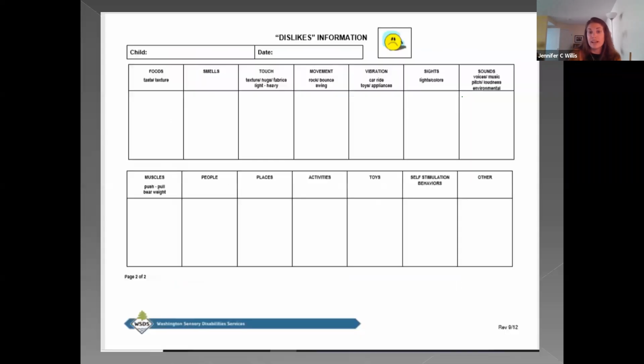And there's an equal and exact form for the dislikes, to know what are the things that the child might want to express about that they want to get rid of or that they don't want to do. Because it's equally as important for our children to be able to express something that's really positive to them and know what they like, as well as what they don't want more of or what they dislike. It's expressive communication, and we need to reinforce that and